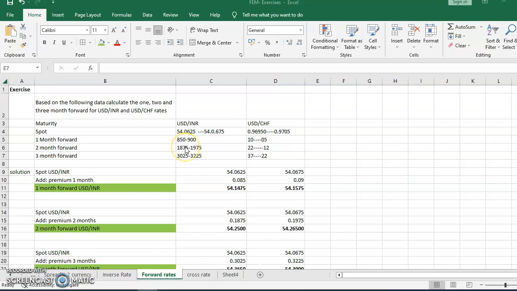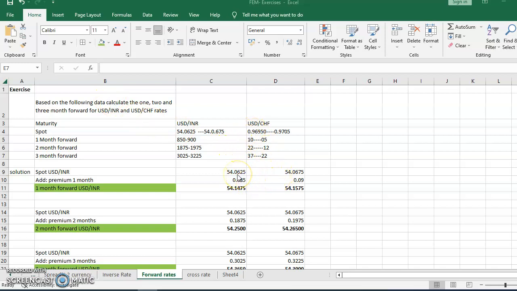Now always understand you need to compare your bid point with that of the ask point. So this is the bid point. If the bid point is less than the ask point, there is a premium, so your currency is available at a premium. That's what it means. If the bid point is more than the ask point, then there is a discount, which means the currency is available at a discount, right? Now, in our case, since we are calculating the 1 month forward for USD INR and USD Swiss franc,